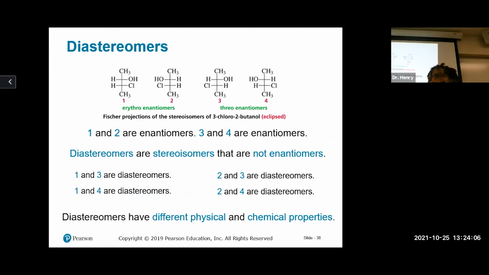So we talked about diastereomers. So 1 and 3 are diastereomers of each other, but they're not enantiomers of each other. Right? You guys see that as well. So like these guys are on the same side where these guys are opposites of each other. So diastereomers